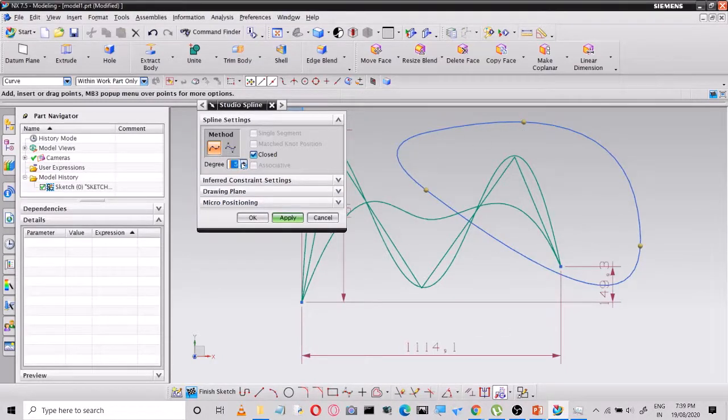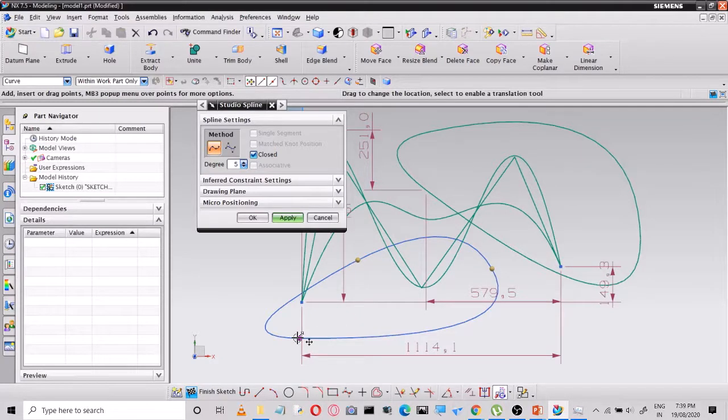So let us go for 5 here. So degree is 5, first point, second point, third. Now whether you are getting the same shape or a different shape here, you need to study this spline. This is called NURBS, non-uniform rational B-spline.